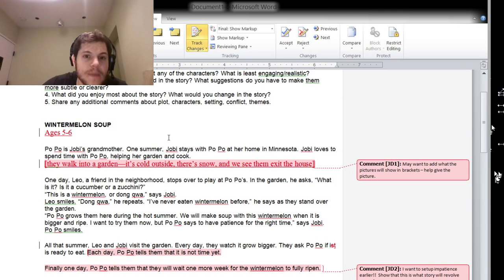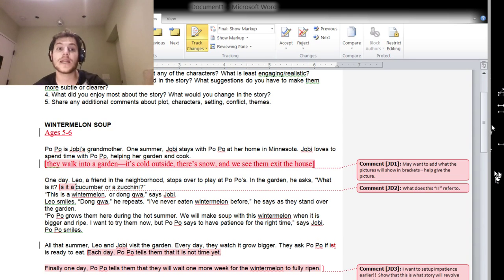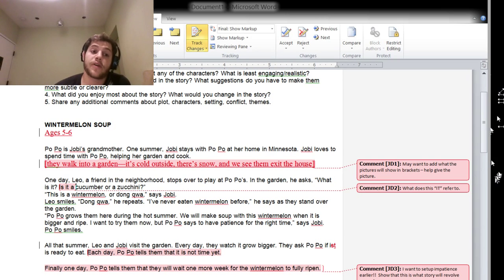What is what? I don't even know that. What does that "it" refer to? Those types of things. Maybe he points at a funny-looking melon. Well, one, that may be happening in the pictures, but two, if you're going to reference an "it,"